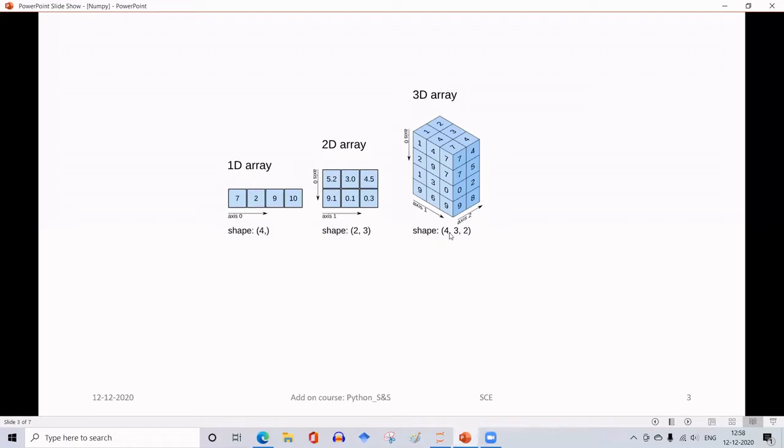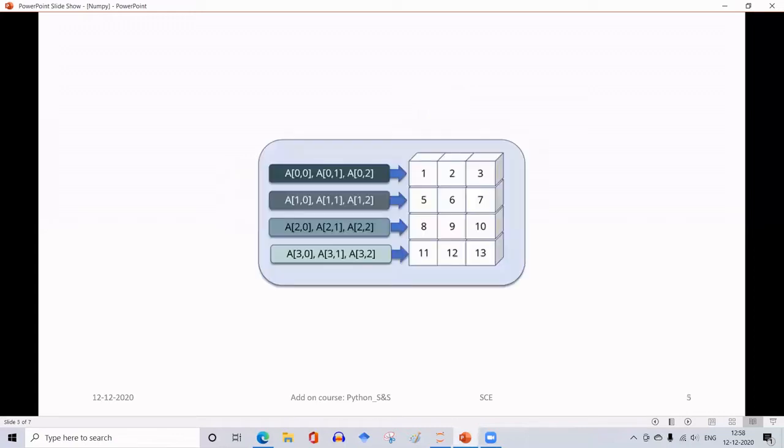The shape of this is defined by (4, 3, 2). 4 represents the number of rows along axis 0, then axis 1, and then axis 2. This is how the arrangement of arrays will be in NumPy.